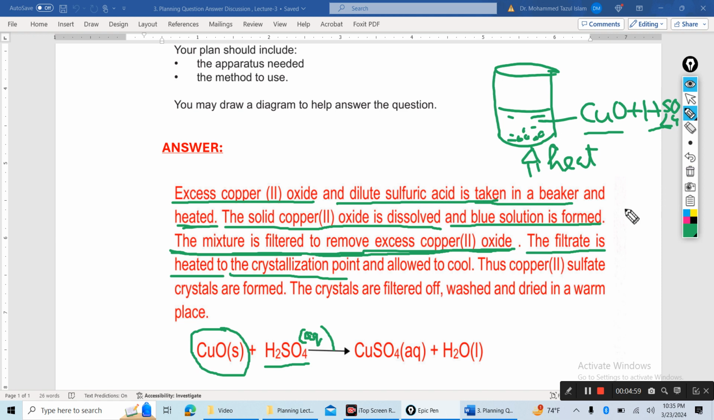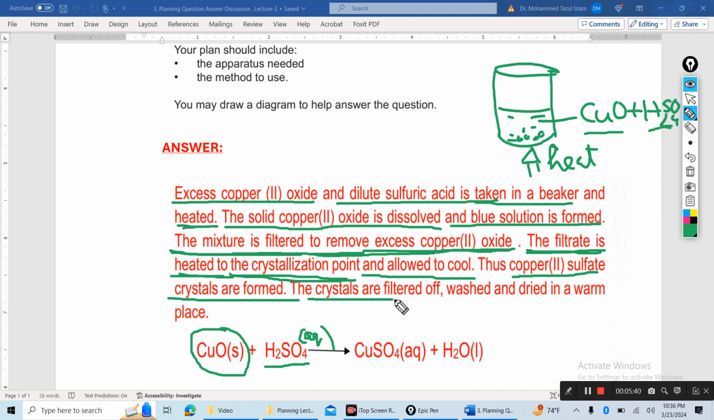So the filtrate is heated to the crystallization point and allowed to cool. When you see crystals start to form, then you stop heating and leave it to cool. After some time, when the mixture has cooled, you will see copper(II) sulfate crystals are produced. You will see copper(II) sulfate crystals, meaning solid is produced. Then